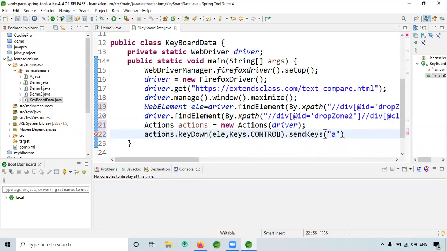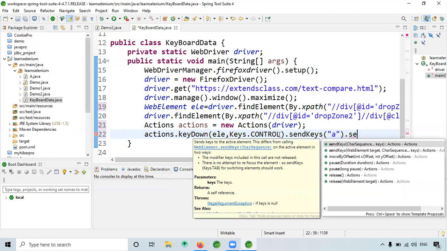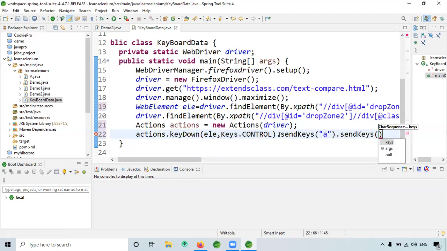Pressing the control, I'm pressing Control A. Dot sendKeys Control C. Dot. So now it gets copied. Got copied.